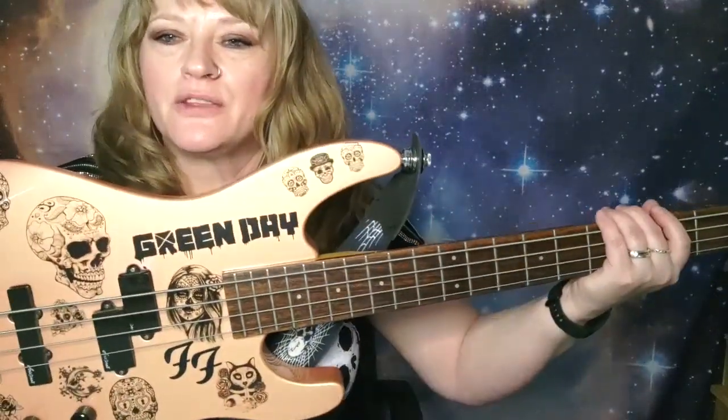I know I'll never upgrade the pickups, because if I change anything on it, it won't be my first bass anymore. So I do love it. I don't play it very often, but when I do get it out and play it, I'm reminded how much I like it. And I've got a nice kind of skull guitar strap on there as well to fit in with the metal scene. So that was my very first bass, and I didn't get another one until around about